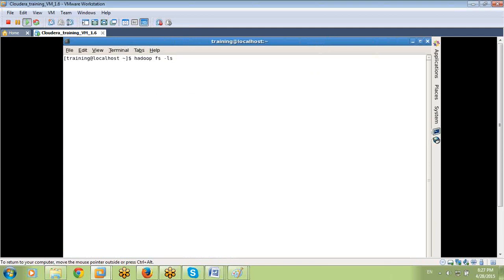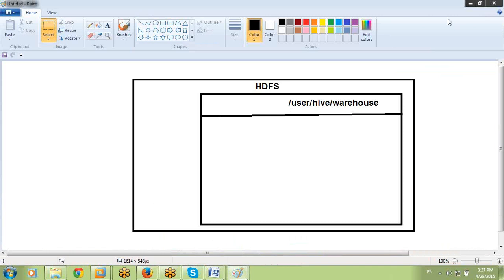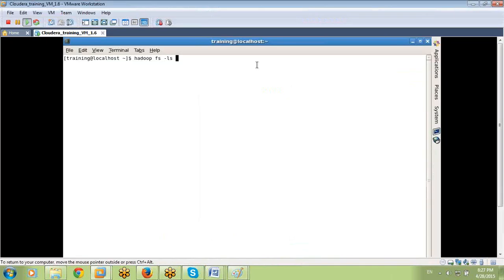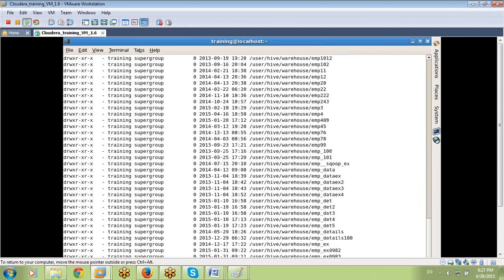But this time I want to display Hive tables. In Hive, show tables lists them, but how do we see them in the backend through the command prompt? Yes, they are in this path. By default, all the tables you create are available here only: hadoop fs -ls /user/hive/warehouse. Enter. It lists out all the tables. These are all tables I created in my previous classes.